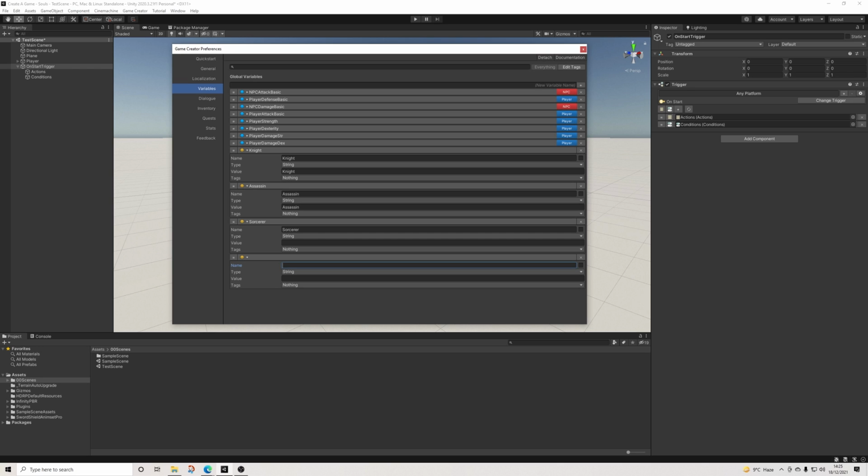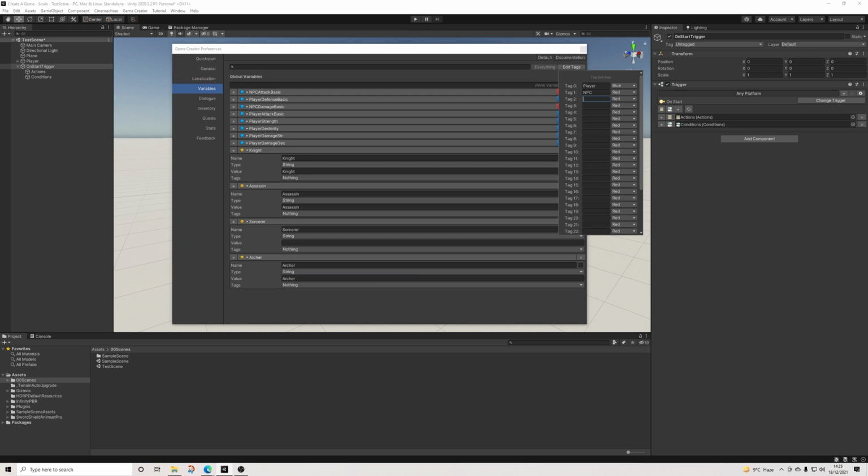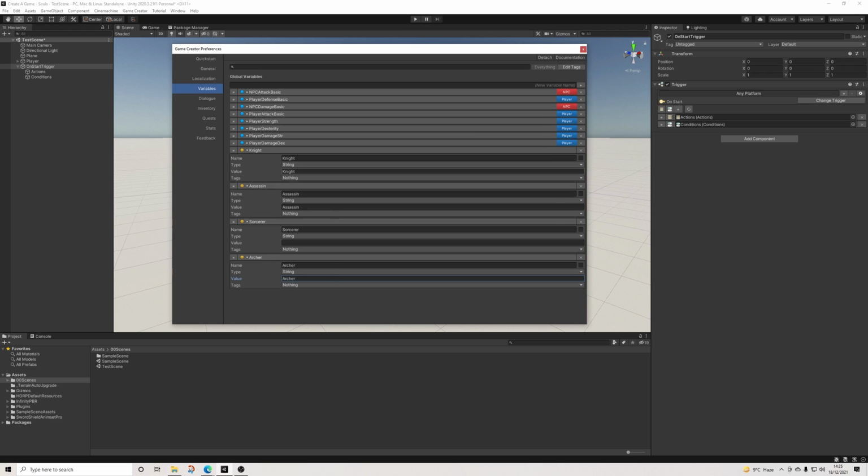I'm not really sure what that would be called. Just archer. Just going to keep it simple, archer. There we go. So when it comes to these, I'll set up a new tag as well. So we'll just call them classes. We'll also make it yellow to just simply match this. It's not much of a reason other than that, but it just makes it